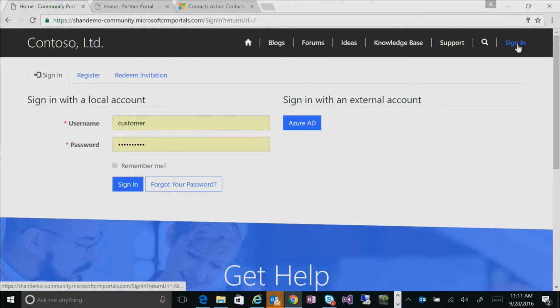Let's talk a little bit about the identity here. We mentioned earlier, we've got a local identity, so I've got credentials here, the customer with a password, and then over here we've got the ability to have federated identity. Out of the box, we ship with Azure AD, and we do that because as you provision portals, behind your Office 365 and Dynamics 365 or Dynamics CRM Online subscription, you actually have an Azure AD tenant as well. And that is what you're federating with if you have federation down into your own organization, or if you have your own Microsoft.com account, that's what is actually doing the authentication. So we're integrating back into that.